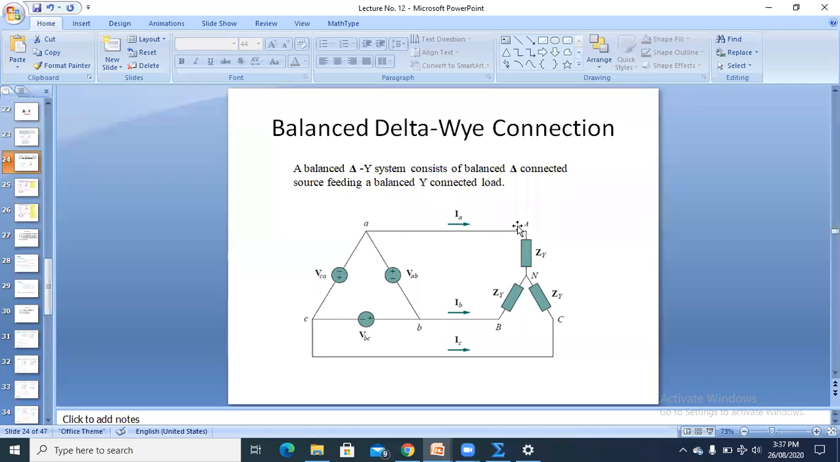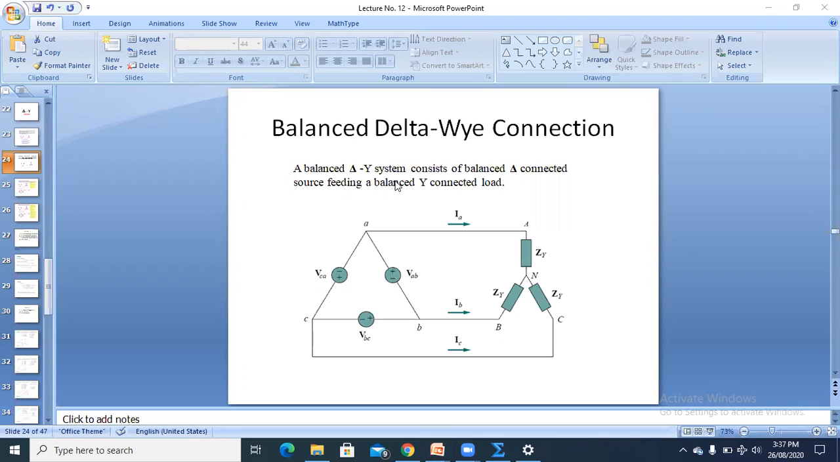In yesterday's lecture, we discussed the three-phase system. In the three-phase system, we discussed the Y to delta type and the delta to delta type system. And today we discuss the delta to Y system. In delta to Y systems,